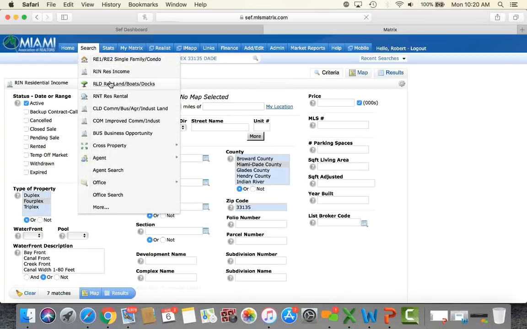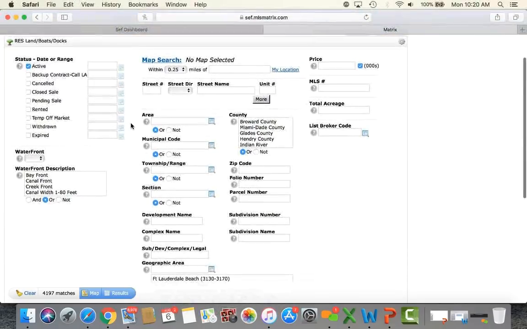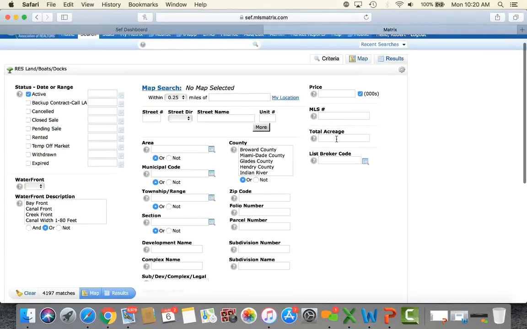Let's look at residential land. Residential land, of course, is vacant land for residential use. This is pretty simple as well. Active. And then there is one item that I'd like to bring to your attention. The total acreage, usually you can put in 1 to 2 acres here, and you'll see properties that are between 1 and 2 acres. But the best way